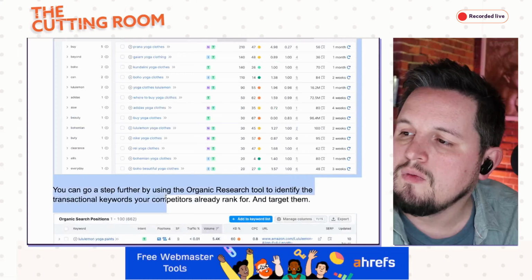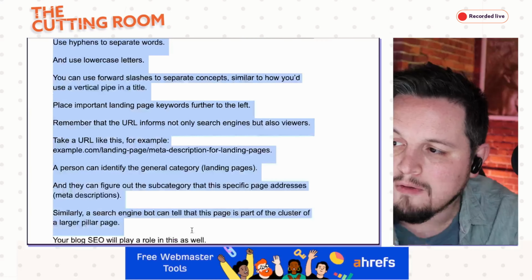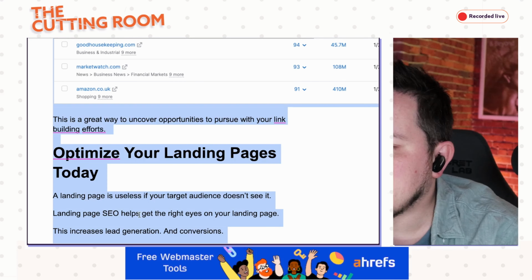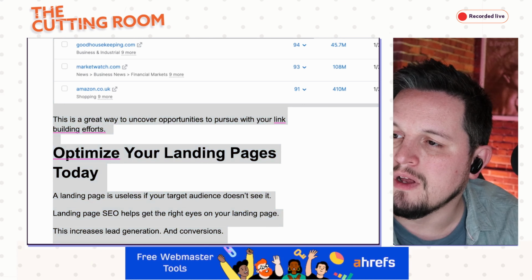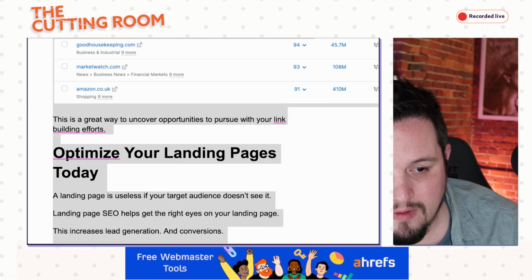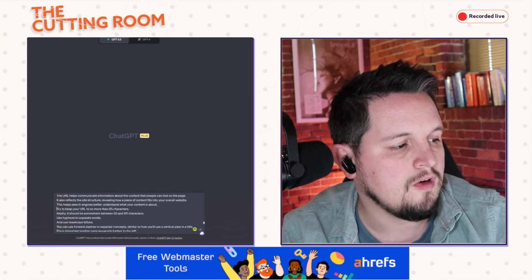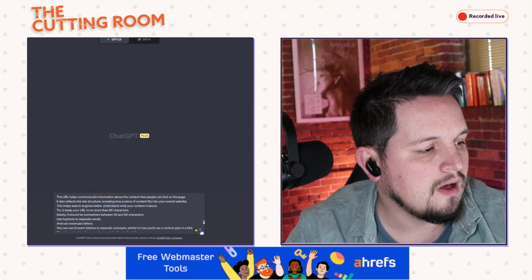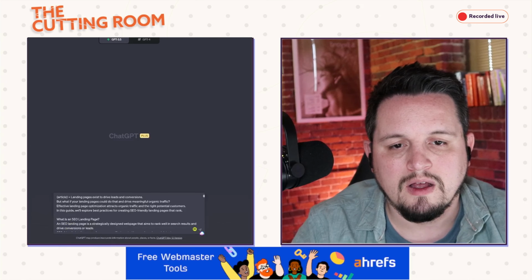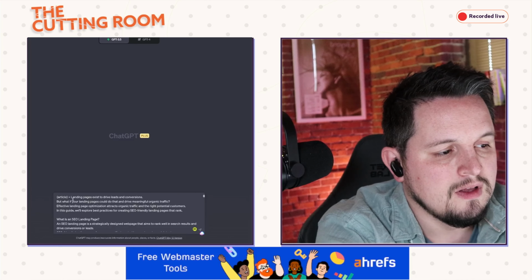Now, what I normally do with this, and I would normally do something like this in Playground, because I can set the system level rules in advance, but I can't seem to get Playground working right now. What I'll do is copy this, bring it over here. I've just copy and pasted the article into here, but something I normally like to do is to set a system level chatbot, right? So in this case, we're going to give this bot a personality, and we'll say,